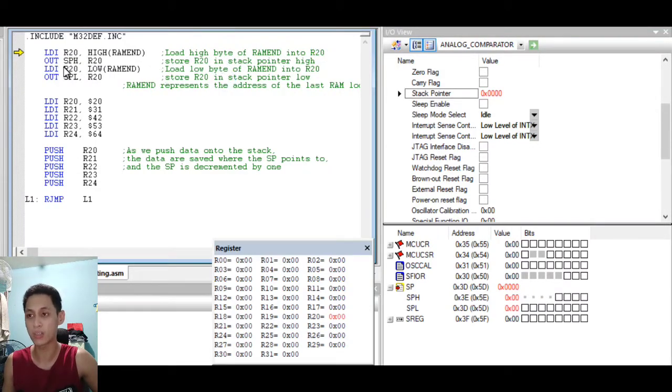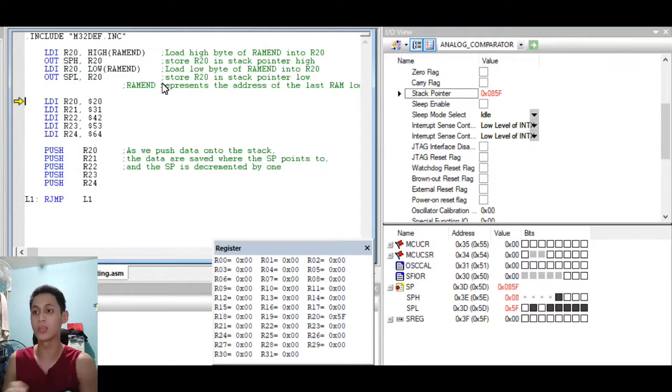Then it is output to the stack pointer high, SPH, right here. Then again LDI R20 is loaded with the low byte of RAMEND into R20, then output to the stack pointer low, SPL, from R20. So if we execute it,